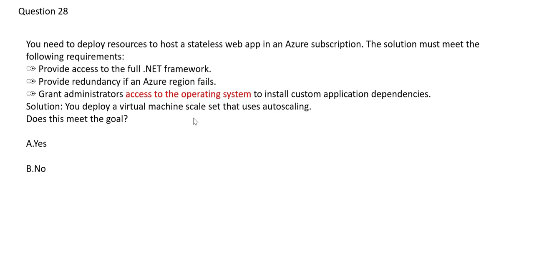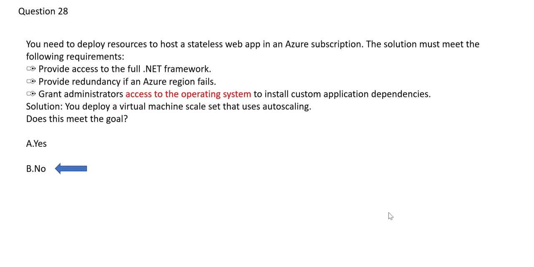But if there is a regional failure, data center fails, the entire region fails actually. Not one data center, but all the availability zones fail, the region fails. Then what happens is there is no backup in another region because scale sets just scale up in the same region. So this solution will not work. So the answer here is no.